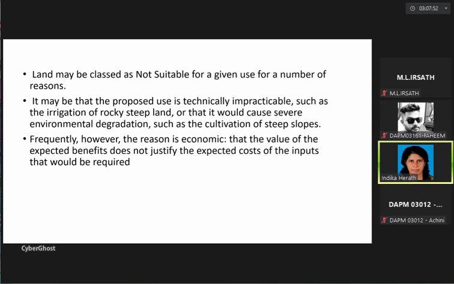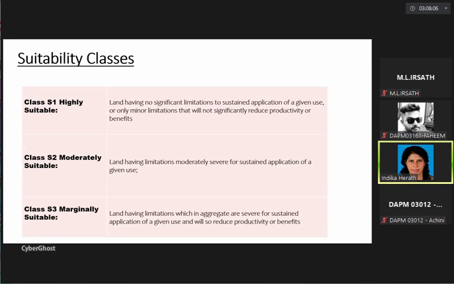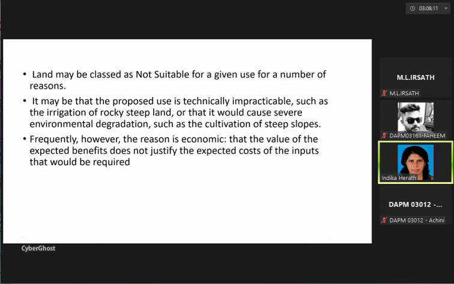And especially once you select the land, sometimes those not suitable lands we can also make suitable, right? So hold on, I think it is not available here. Sometimes we consider in the big order, it is considered as not suitable. But people, for example, if the land has rocky material, because of that reason the soil